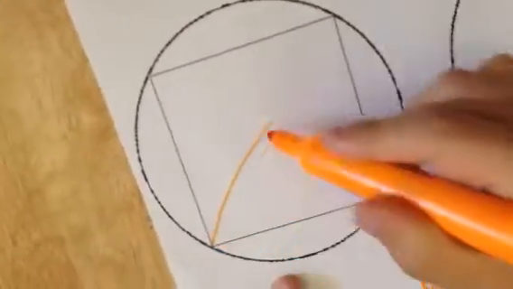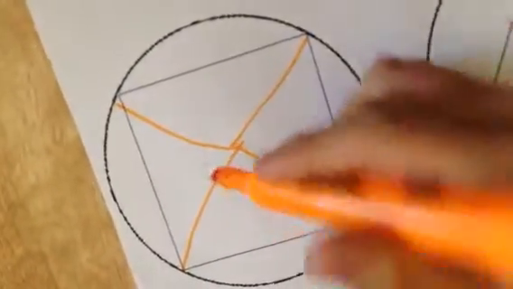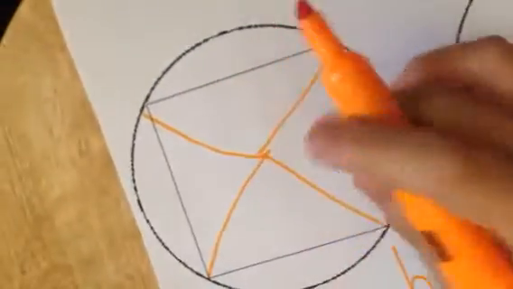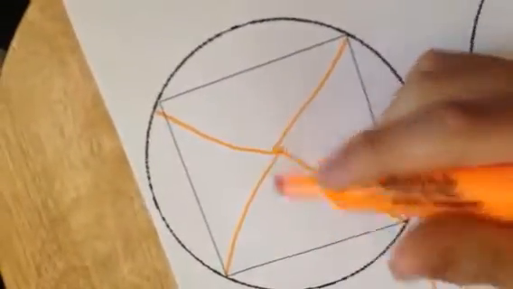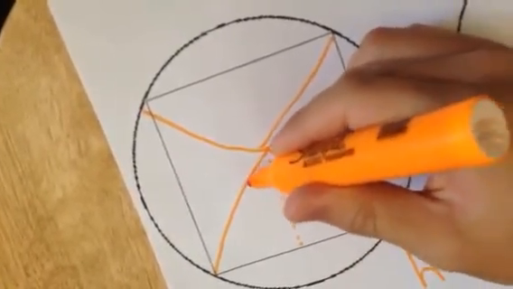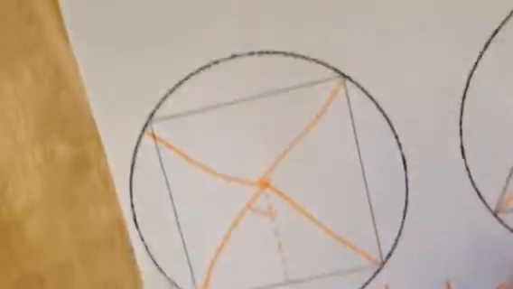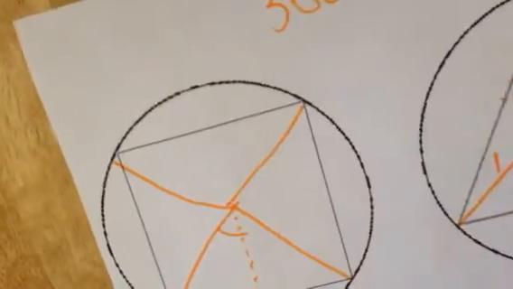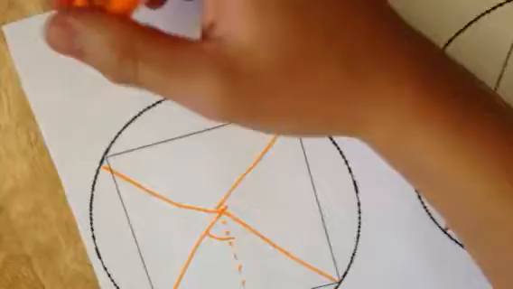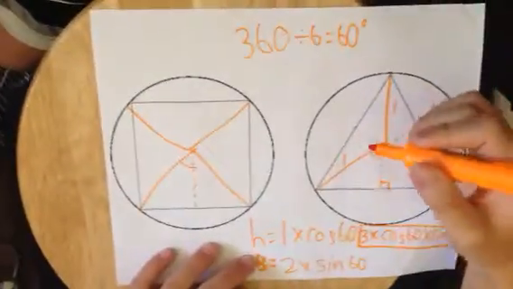And it works the same for a square. All you have to do is triangulate from the origin like this. And you may notice that the number of triangles that you created is equal to the number of sides in this polygon. And also, when trying to figure out this angle, you divide 360 by the number of sides times 2. So based on these 2 examples, we can derive that the general equation of the area of a polygon inscribed in a circle with a radius of 1 is